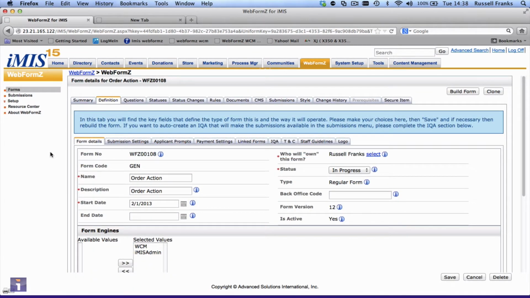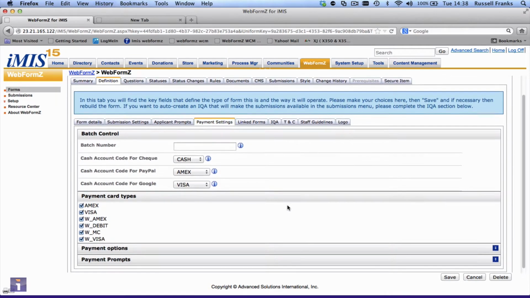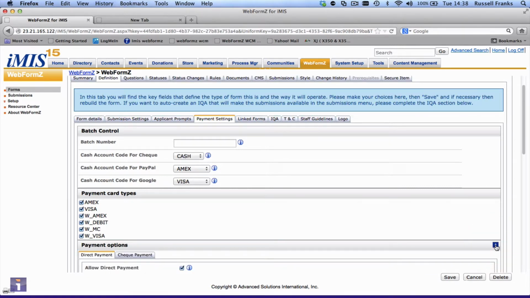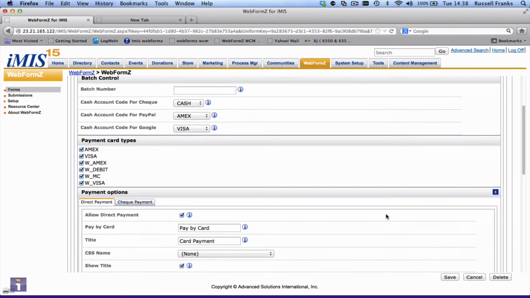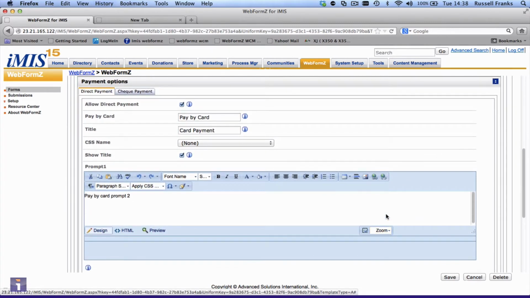So the first thing you do is go to payment settings, and having gone to payment settings, you'll see the first section is asking you for the iMIS cash account details and the batch number. The batch number isn't an actual number, but it's a prefix to the batch, and the cash accounts are your standard iMIS cash accounts. Next, we're going into payment options, and in the payment options we've got two choices: direct